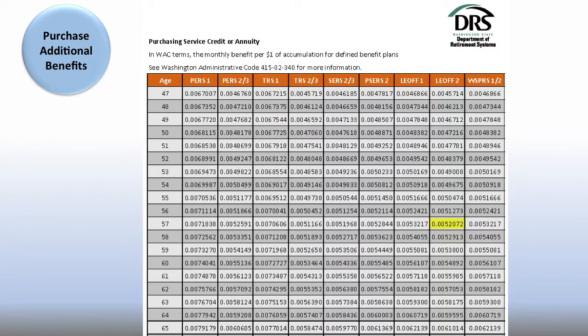Briefly, I showed you physically what the table is, but as I was looking it up, this is what the table looks like. It's on the Department of Retirement Systems website if you look up administrative factors. And again, you just go to the left 2 columns for the age at retirement, and that's going to give you that factor. So whether you're doing it at 53, 55, you can just take the appropriate factor, multiply it times the amount you're considering to buy, and it's going to tell you how much your benefit's going to be increased.